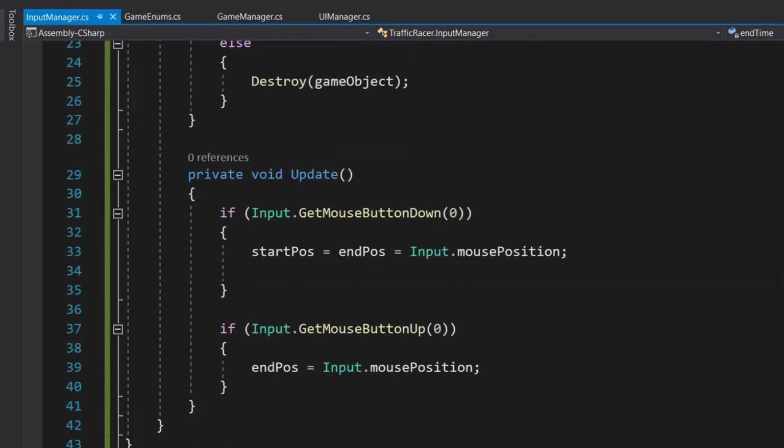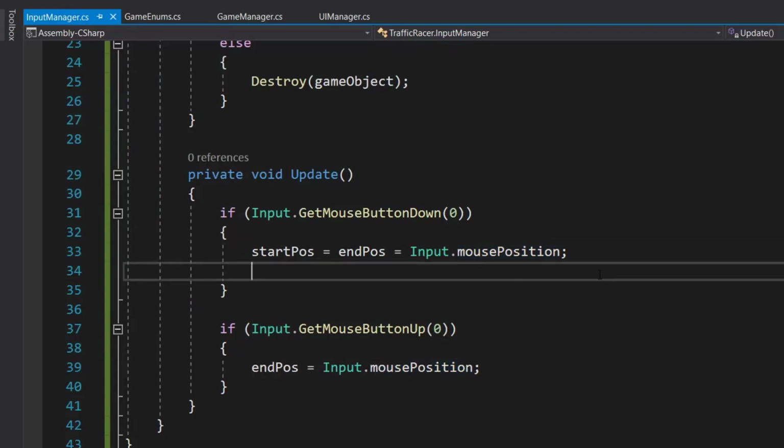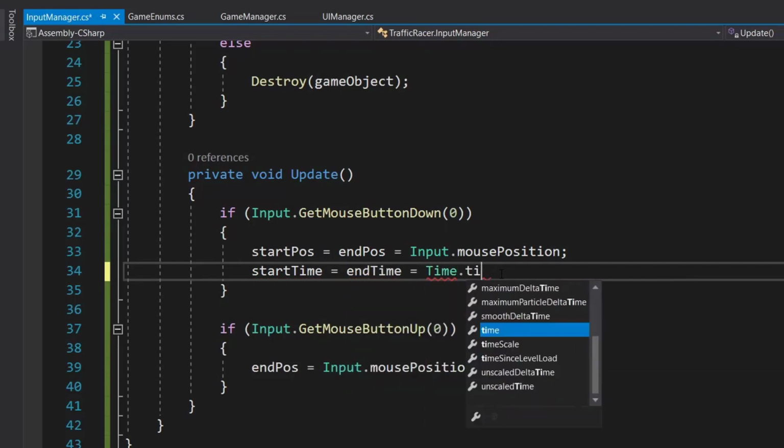So let's go back to our update method, and here in our first condition, when we tap on our screen, we will set our start time equal to our end time, which will be equal to Time.time.